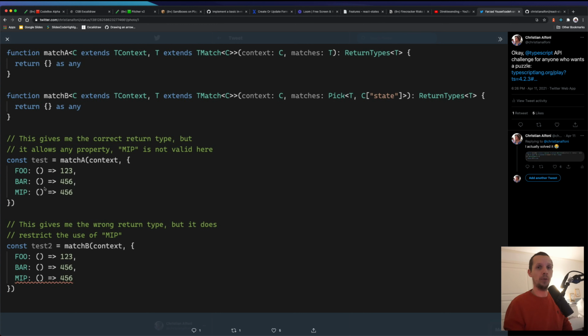That's a problem, because in your UI implementations, you might change these states, and then the UI doesn't yell at you when you have stuff that doesn't need to be there. Then there's the second one where we make sure that we only use properties from the state. But if we do that, then it's unable to give us the correct return type. Then the return type becomes any or something.